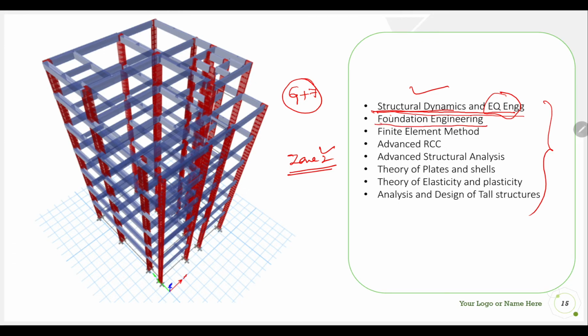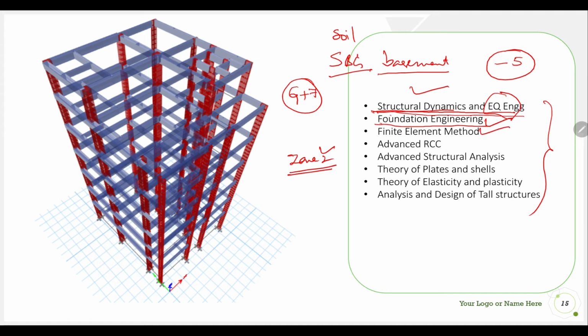Then foundation engineering. As I told you, the soil may not be strong enough to take the loads, and the SBC may be very low. Even more so if you are going for very high-rise structures or more basements. We have seen buildings with 5 basements, even in Bangalore itself. Whenever we go for basements where the SBC is less, or a high-rise building where the load is more, we need to understand what types of foundation you need to provide, what type of soil is there, and what will be the reaction of the soil. All those things you will be studying in your foundation engineering.